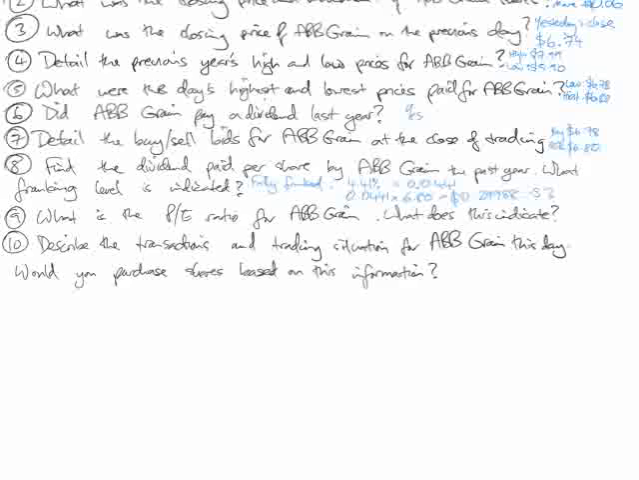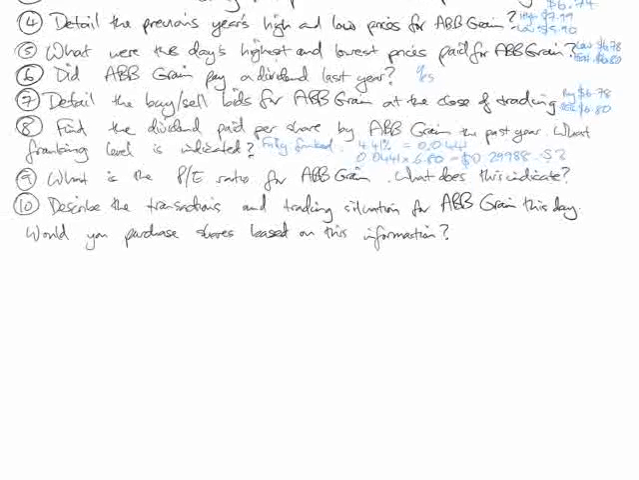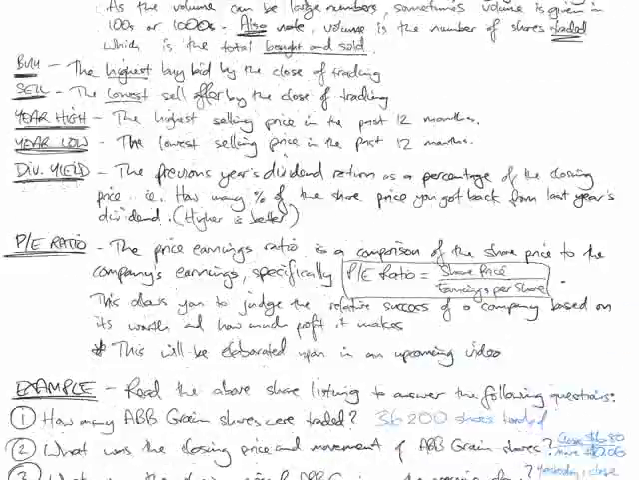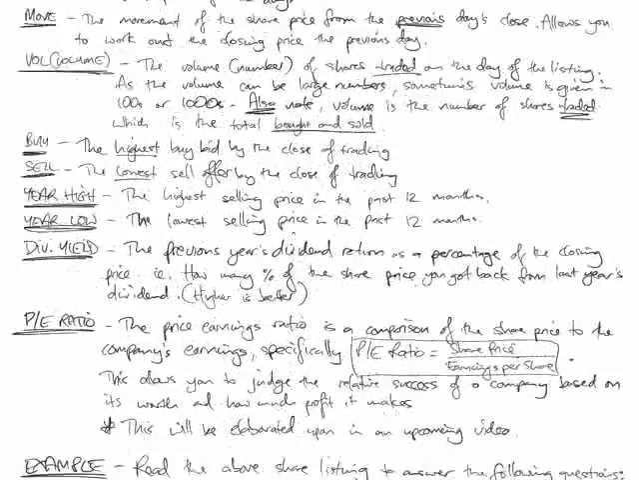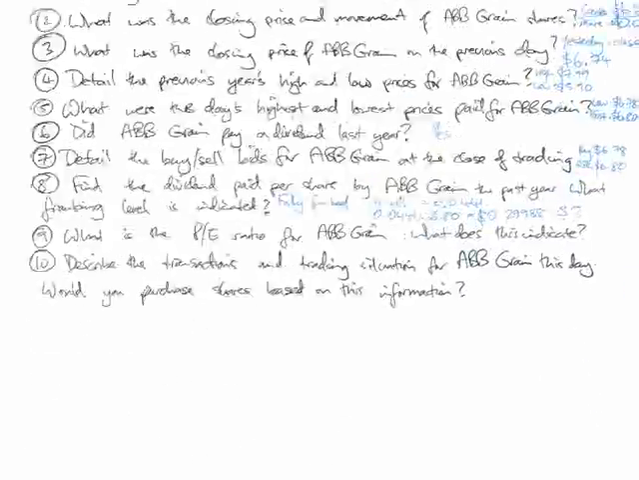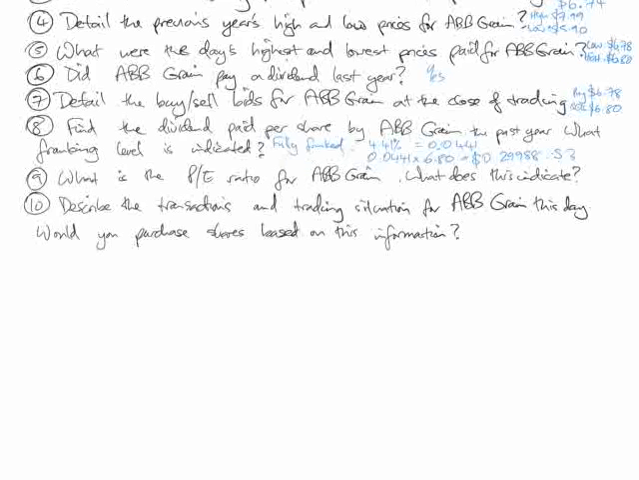So now we've got the PE ratio. What's the PE ratio for ABB Grain? Well, the PE ratio is 14. What does this indicate? Well, we need to think about how the PE ratio was achieved. It's the share price divided by the earnings per share. Unfortunately, we don't know what the earnings per share is, but we can still interpret what the PE ratio means here,